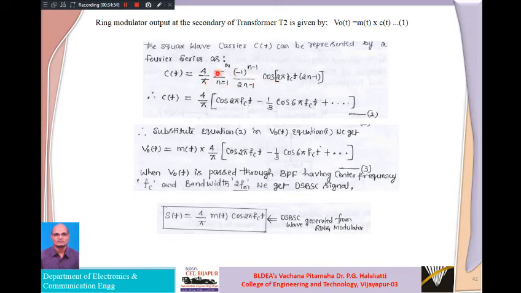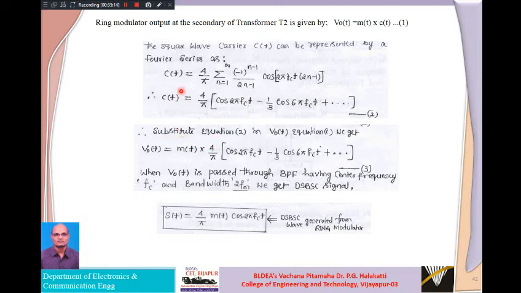It is given by 4 by pi, summation n from 1 to infinity, so from 1 to infinity, a cosine series we are getting here. You remember this one. And if we expand this further, harmonics we are not interested in, we are just interested in the first harmonic here.